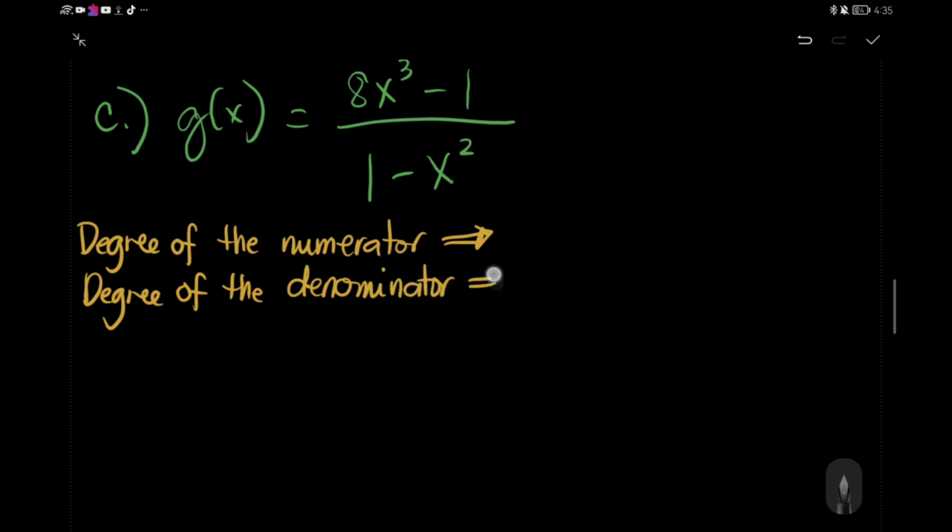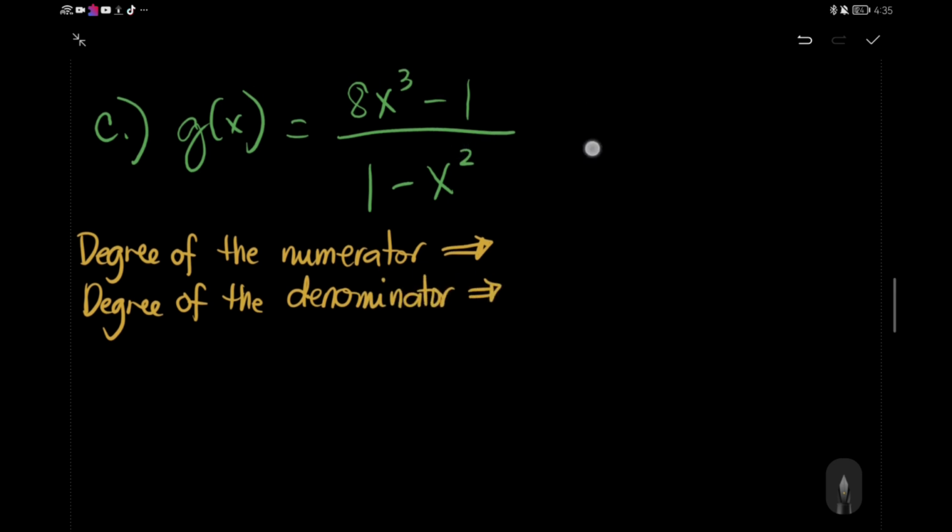The degree of the numerator here is 3. The denominator is 2. When the degree of the numerator is greater than the degree of the denominator, the conclusion is